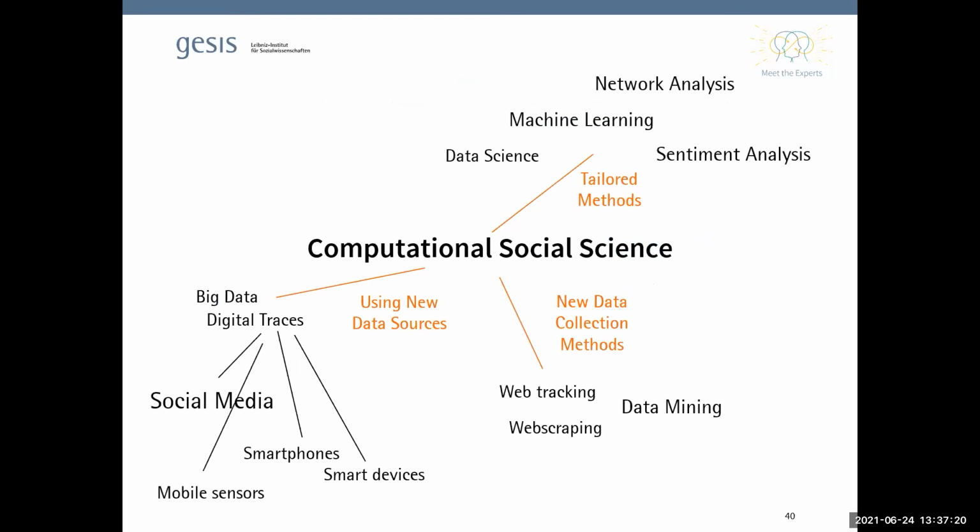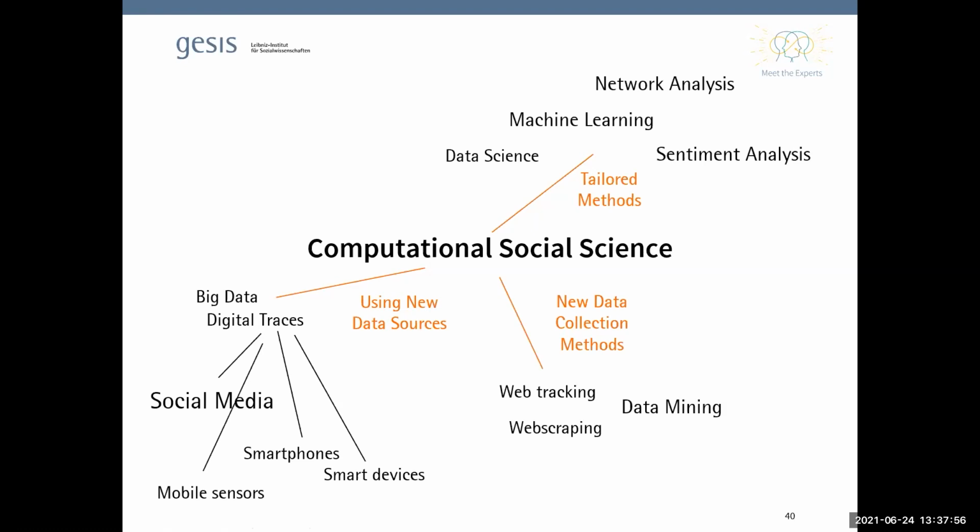Sometimes they are referred to as big data, but that's more of a buzz term that you don't have to worry about so much. I think more important is thinking of it as digital behavioral data or digital trace data, and that can come from a variety of sources like social media, mobile sensors, smartphones, other smart devices, and many, many more. This is by far not inclusive of everything. I've left out a whole lot here, but it's, I think, to give you a general idea of what we're talking about.